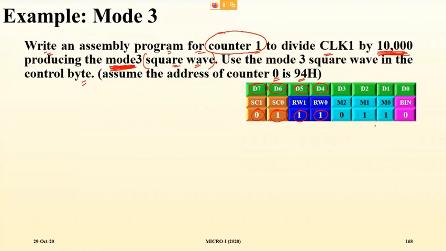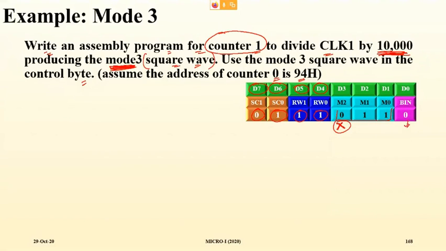Okay. And now to get into mode 3, you have to use 3 bits to decide the mode, and 0, 1, 1 will give you mode 3. It can also be 1, 1, 1. If you remember, mode 0 is 0, 0, 0, then mode 1 is 0, 0, 1. Mode 2 and 3 have one don't care bit, so that don't care bit can either be 0 or 1. Here we are preferring 0 because we want a simplified 3. So 0, 1, 1, it is 3. So this is mode 3.